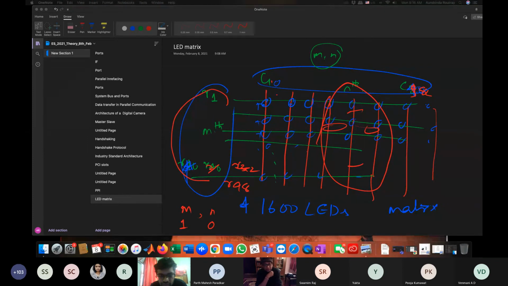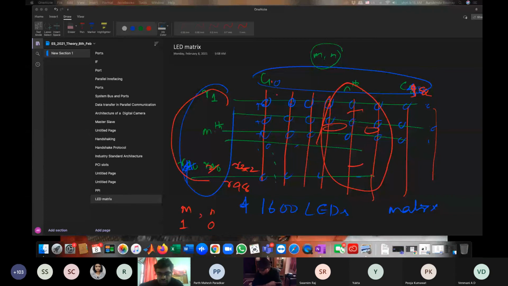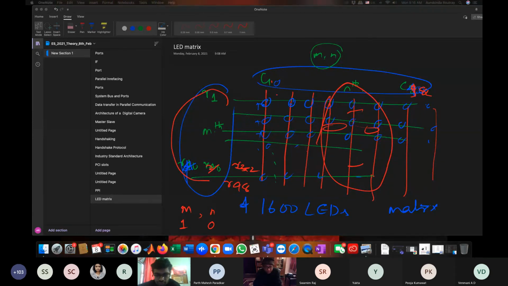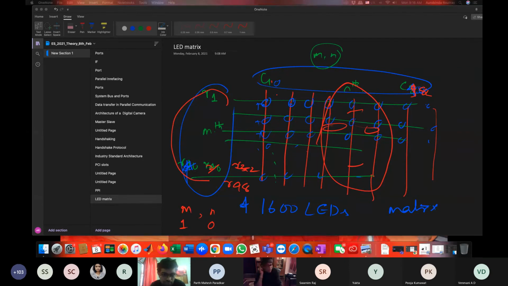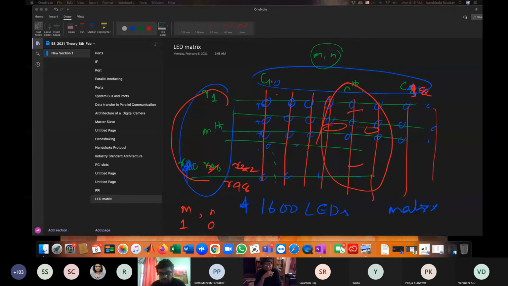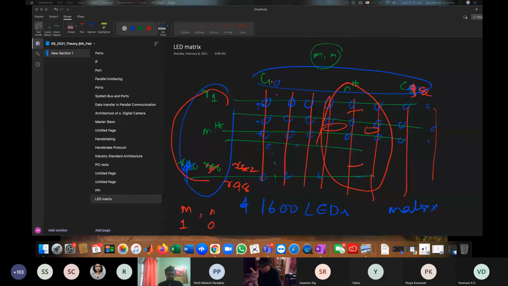But if you want to demonstrate anything, you don't have to waste time in coding. Because when you code the face onto this, that is also an algorithm. You just want to save the face as a binary image, meaning the pixels which are on and off. Then the coding will be simpler. Otherwise, you have to code which LEDs in which rows are high and which are low. So that means one row at a time, and you can do it much faster.